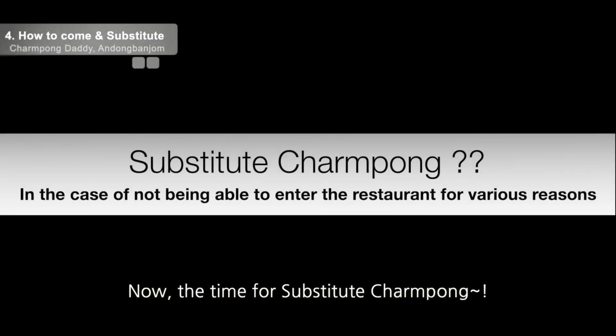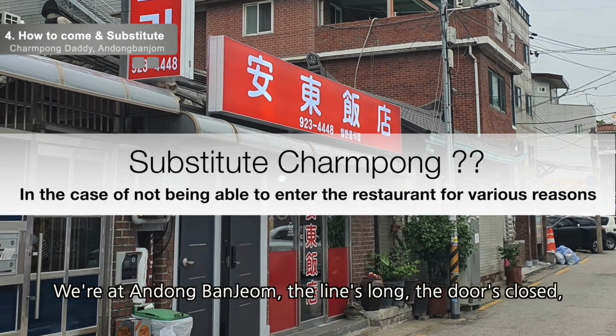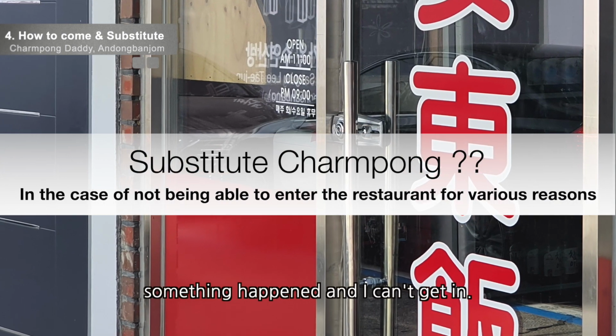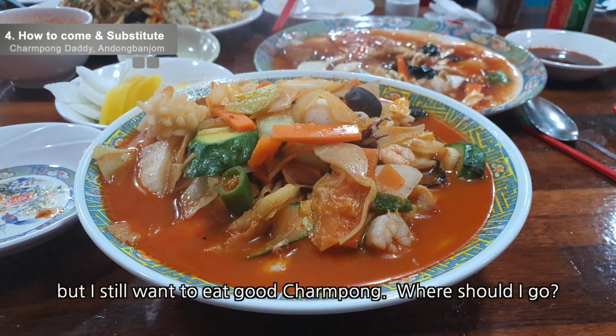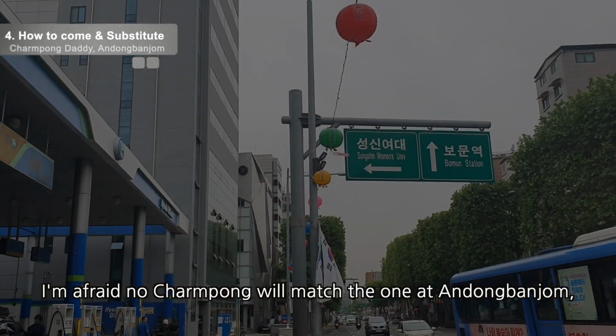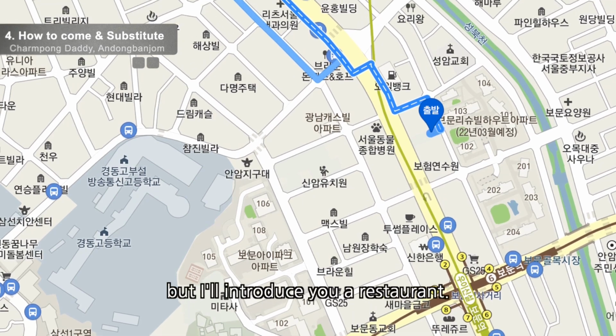Now it's time for a substitute Charmpong. We are at Andongbanjom, the lines are long, the doors closed. Or it's Tuesday or Wednesday, whatever it is, something happened and I can't get in. But I still want to eat good Charmpong. Where should I go? I'm afraid no Charmpong will match the one at Andongbanjom, but I will introduce you a